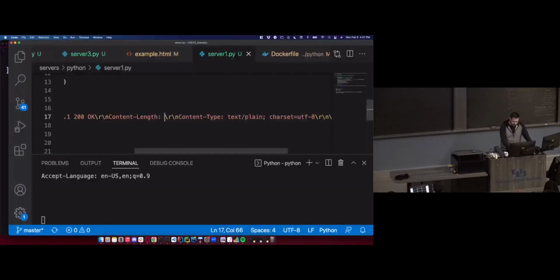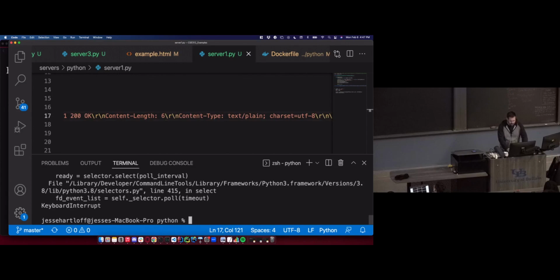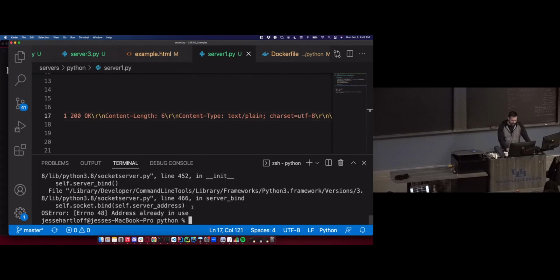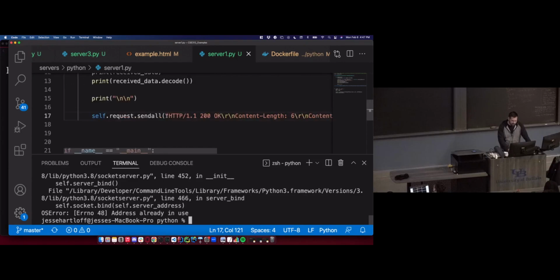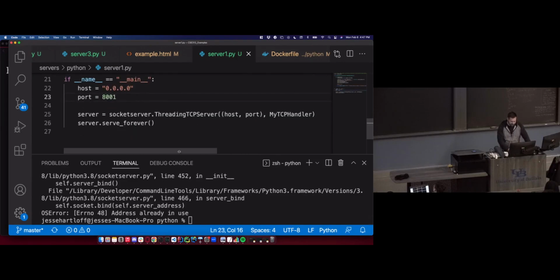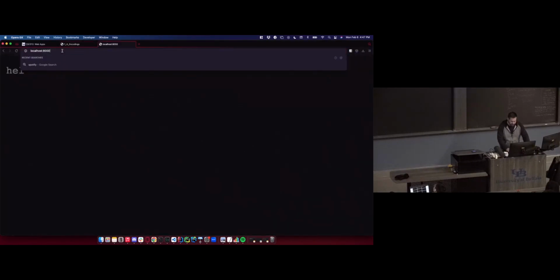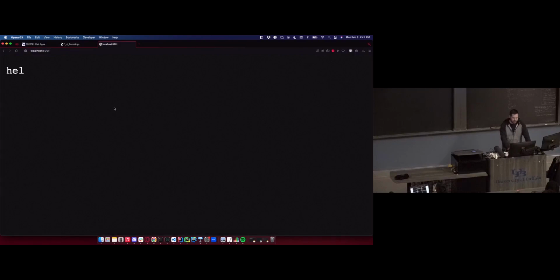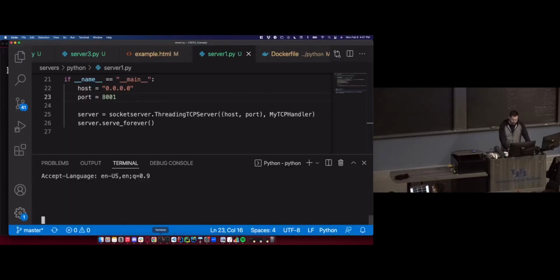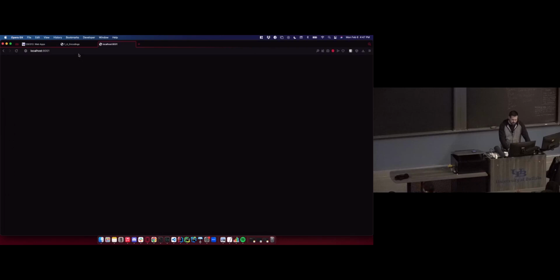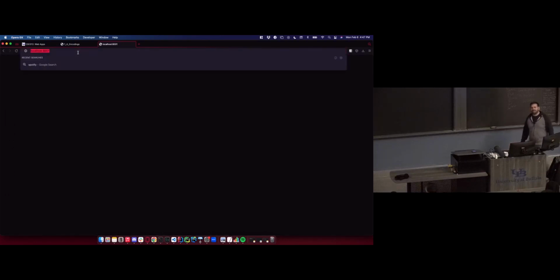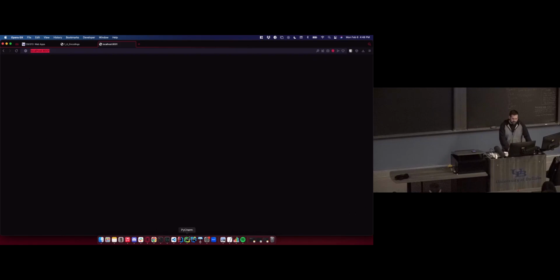Likewise, I'm sending 5 characters in hello. I say content length is 6. I'm going to change the port to 8001. And it hangs. It's never going to load. It's expecting that 6th byte. It's never going to get it. And it just sits here and hangs. That content length has to be